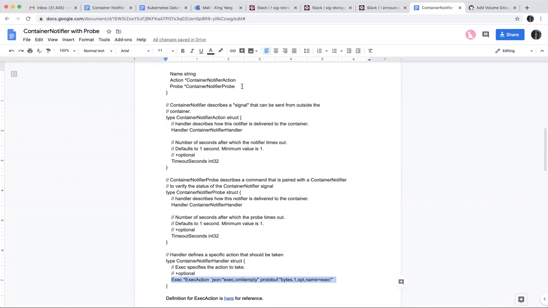They check whether this container is healthy or not, whether it's alive or not. But that type of probe is also just running some command and getting back standard out or standard error. So it's the same thing you're getting. It's actually the same as an action. The difference is that the action is really something that you want to do, a quiesce, and the probe is going to check if it really is quiesced or not.